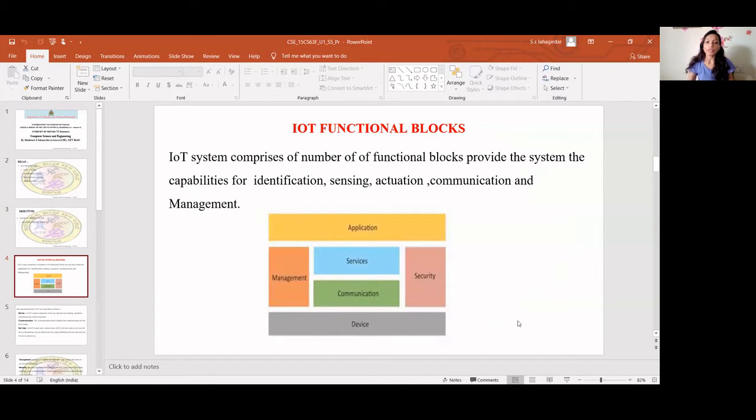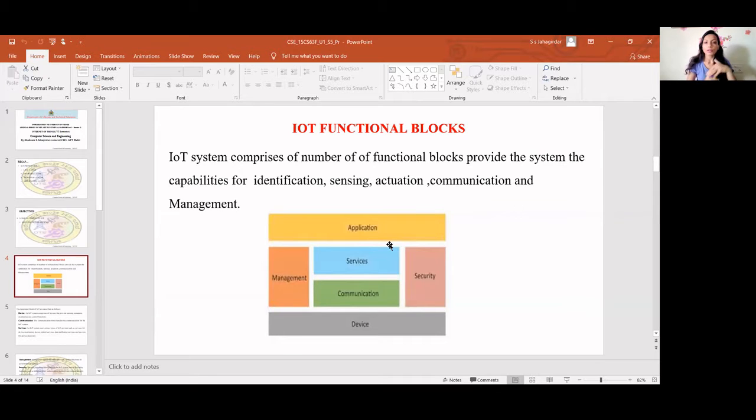See, it has different layers, as you can see on the screen. The lowermost is device, the topmost is application. Lowermost you will have the device hardware where you can configure all these functions for IoT. Management functions are required, services are required, communication functions are required, security is required. Above these on the device comes the application, which the user actually uses.